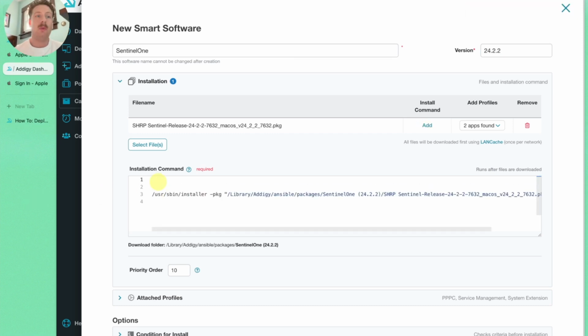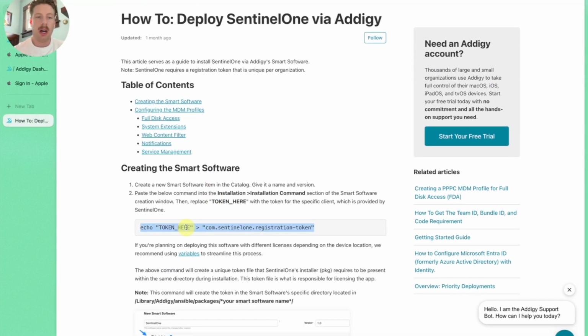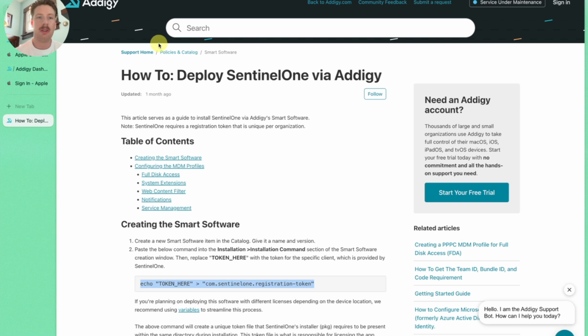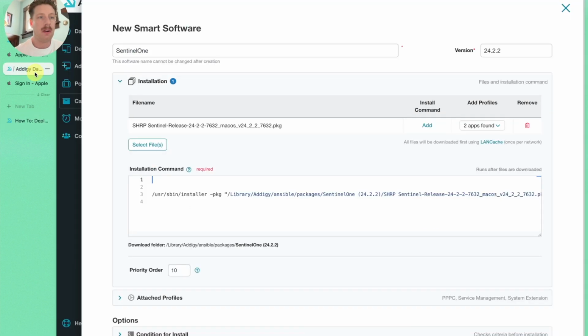Now, above our install command, we want to get our variable, our license key, into the correct spot for SentinelOne on install. How we do that is we copy this little echo command from this article, which we'll refer to again shortly for some profiles, but I'll also put it in the YouTube description so you guys can easily find it. We're going to take our echo command here and just paste that in. Now, instead of just putting the token in and having to create separate installers for each of our customers, we can put $, and then this little variable window shows up. Since we only have one, it's only going to show one thing. But we can just click on our Sentinel license key, clean that up a little bit,